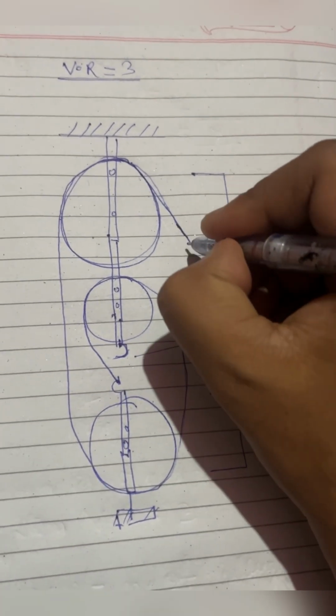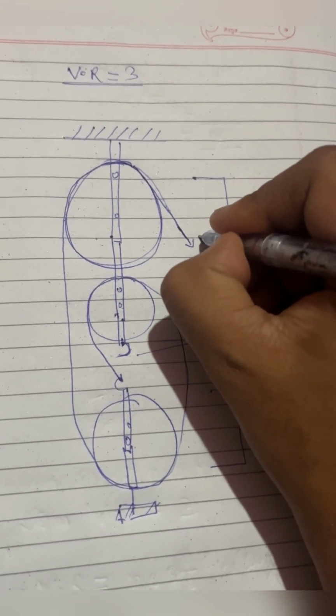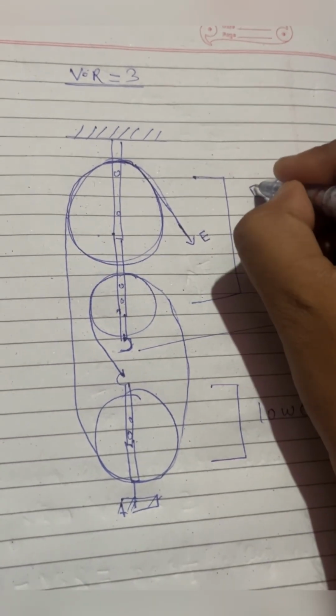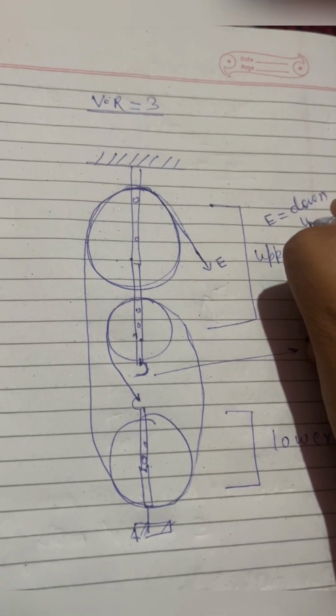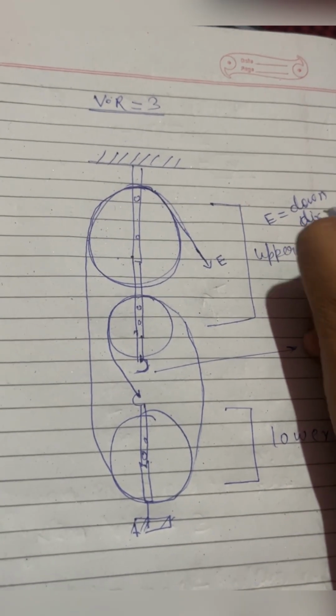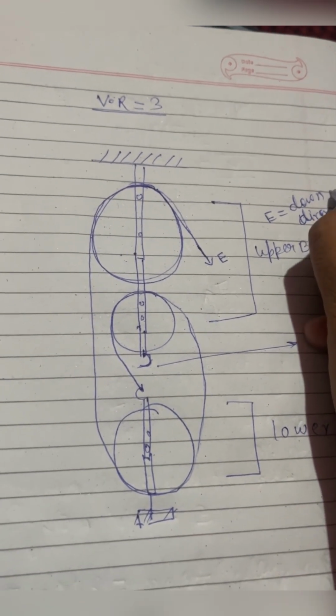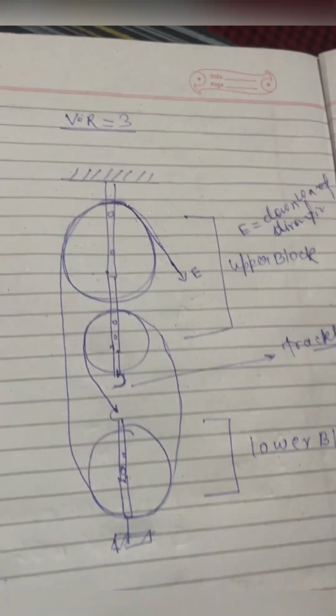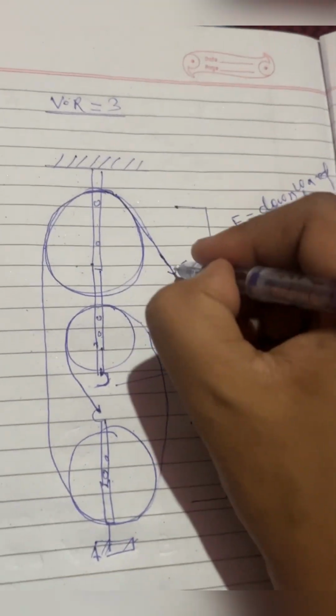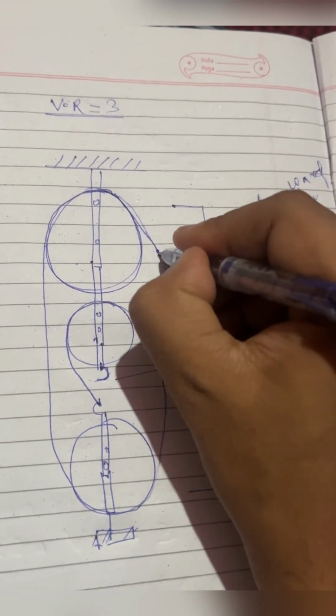So let us mark the effort, and in this case the effort is in the downward direction. Look, the effort is in the downward direction. In a downward direction the effort is being applied. So if the effort is applied in a downward direction, this is the point, and